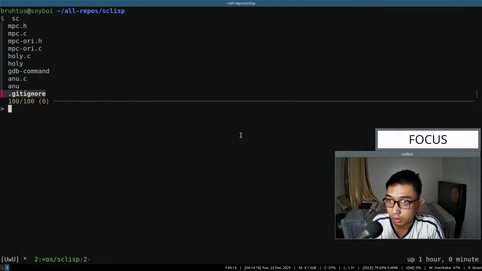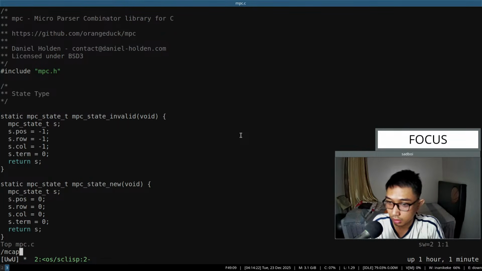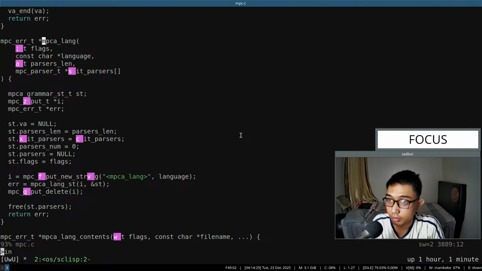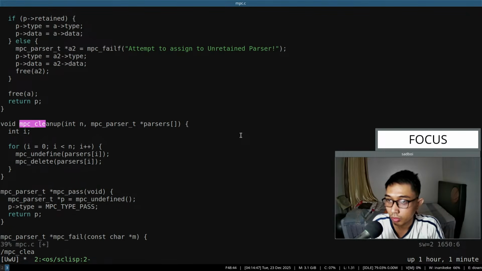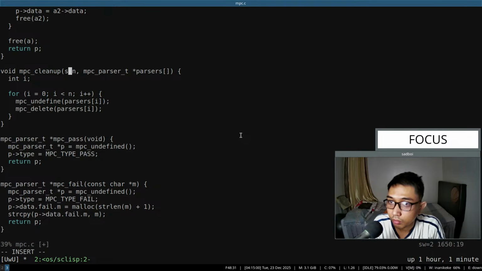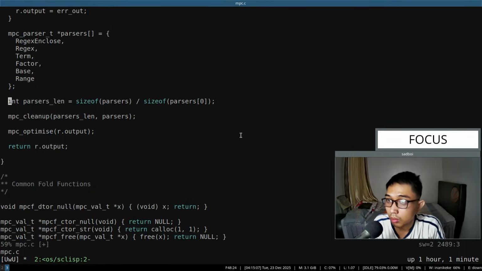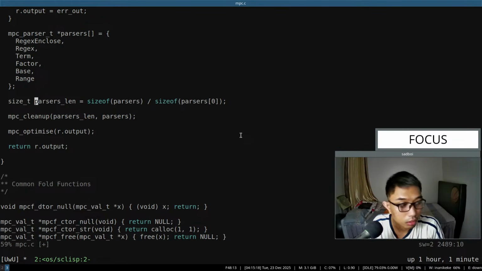But before that, I think I want to change this into size D, and also see, because I think the parser length should not be negative. So